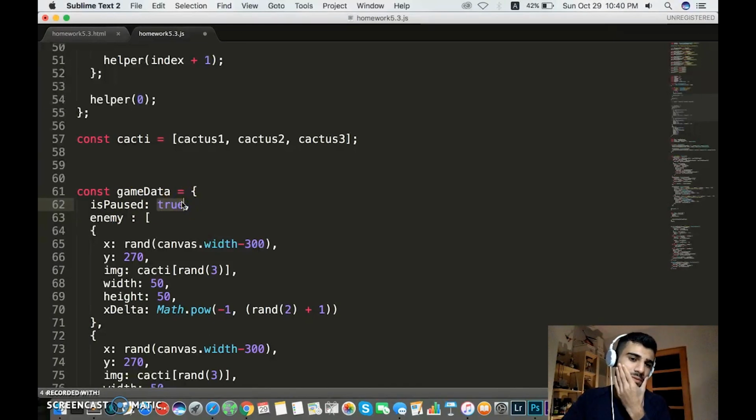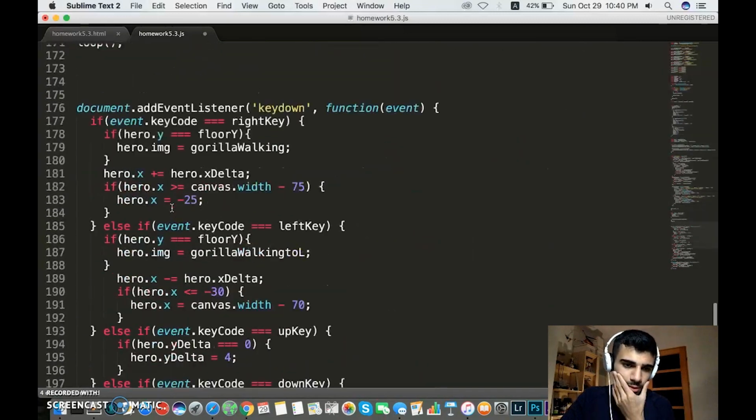Why do I have this? I wanted my game to get paused when I click the space key. So I went for the easiest solution I could come up with. I set some key to a true value, and